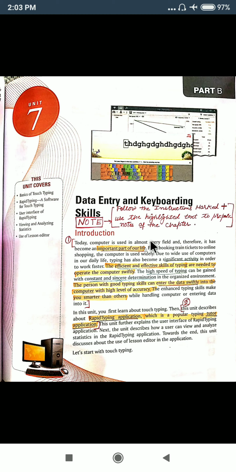It's very easy to download that software on your laptop or desktop. You need to follow the instructions shown in the video and your software will be downloaded very easily, and using that software you can practice. This particular chapter will help you to improve your speed on the keyboard keys without looking down. It will help you to position your fingers and thumb in such a way that whatever you need to type can be typed very speedily.